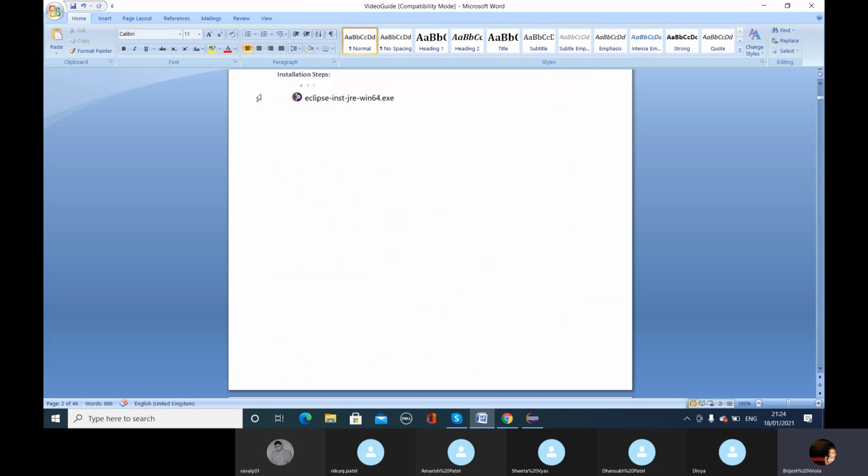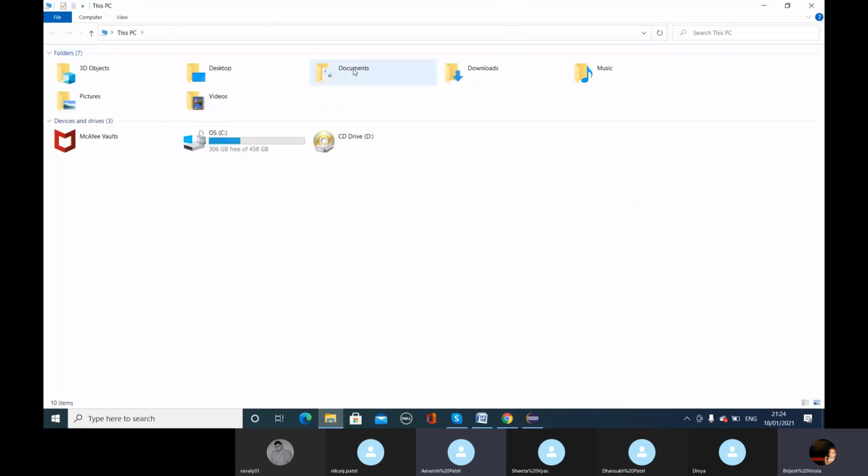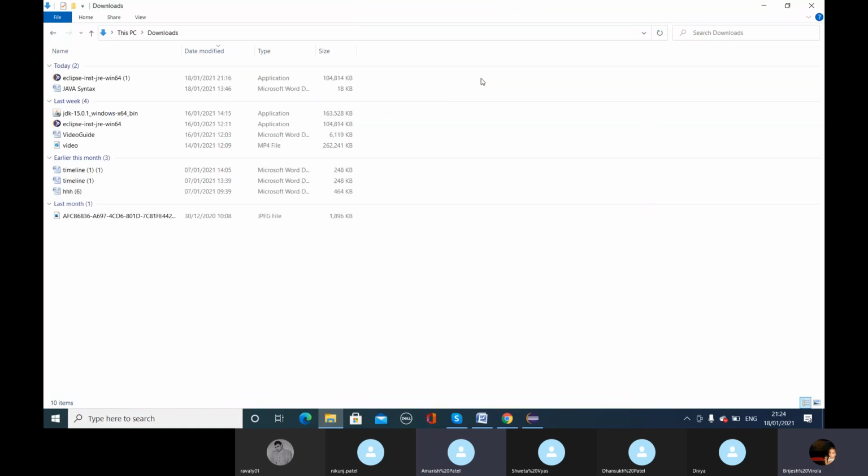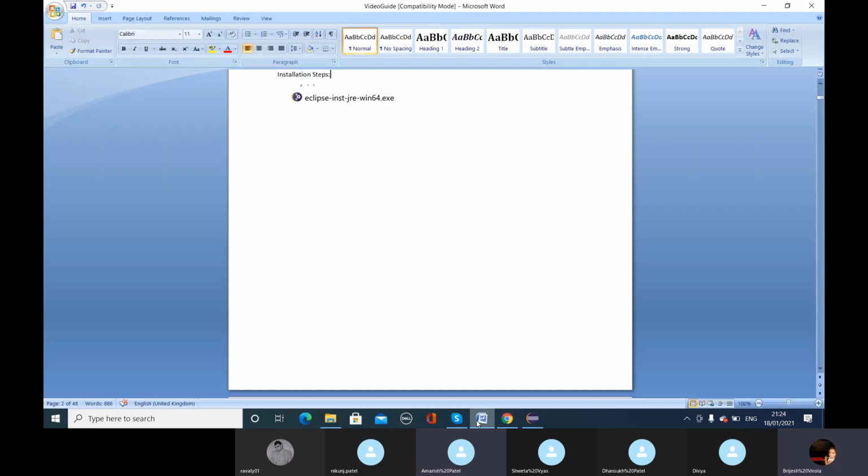For example, in mine, this is eclipse-inst-jre-win64.exe. My default location is Downloads, and I have this file located in this Downloads folder. When you double click this, it will start installing Eclipse on your PC.